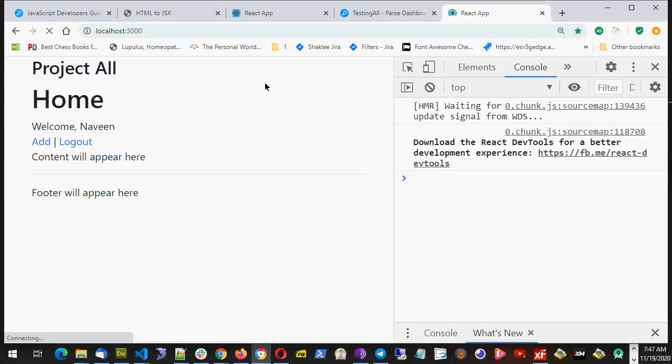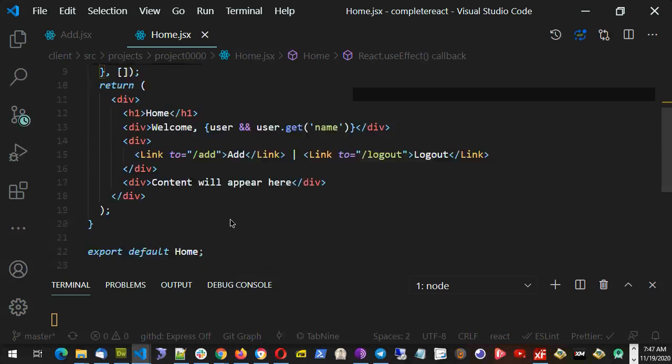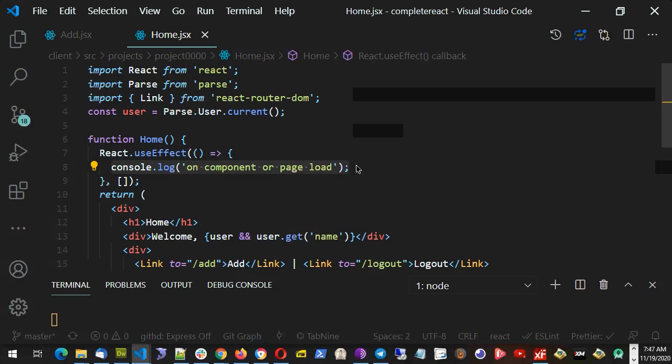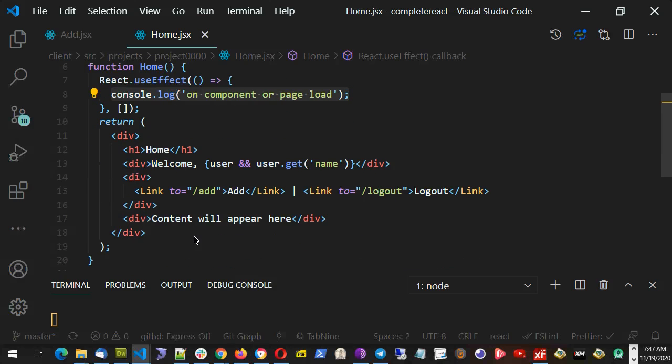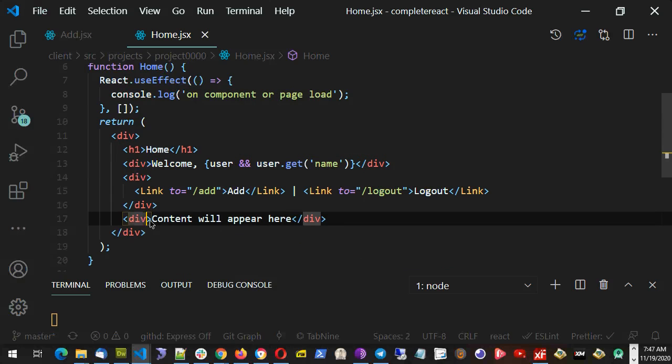So what we are doing is the search view of the database. So content will appear here. This is the HTML part, and here I see the use effect which will come on the page load. Okay, so here I will put content. Now what I will do, let's try to put this div with the class name of row, and the content